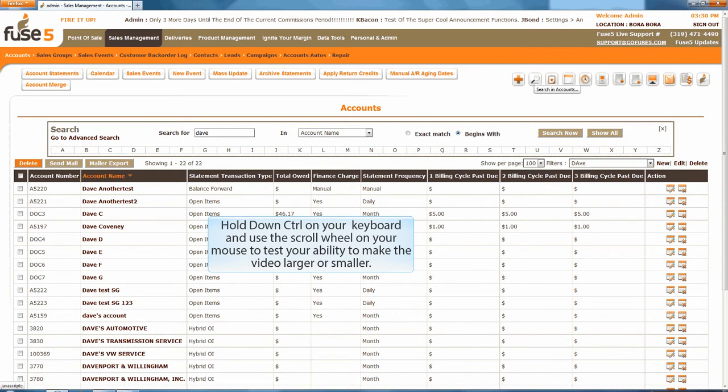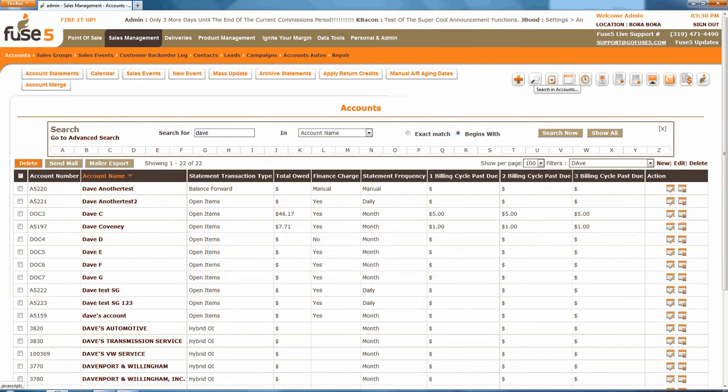Also, if you have difficulty watching any of the upcoming videos, you can use the control button and the scroll wheel on your mouse to ensure that the entire video is visible, along with the start, stop, and pause buttons with that related video. Next thing I want to point out is across the top of the Fuse5 screen, and